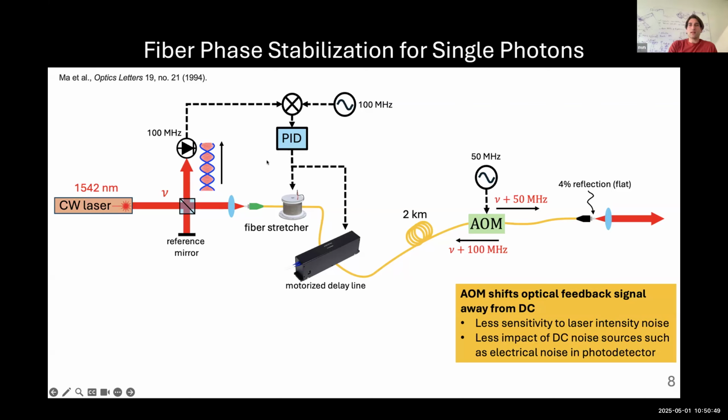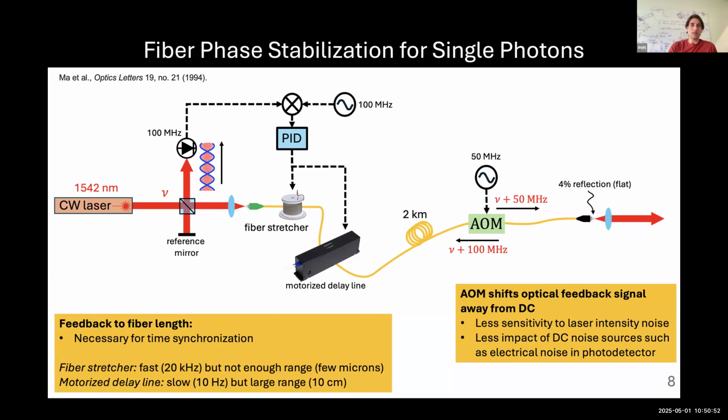The other thing here is that I'm putting in all the details of what we're doing to distribute light in a phase stable way. We might need more than one actuator to stabilize the frequency or the length of this fiber. When we do optical clock measurements, we only care about the frequency of the light that we send. But if we want to send optical pulses or single photons that have some bandwidth, then the total length of the fiber is really what we care about,